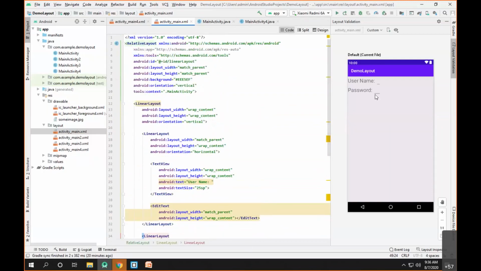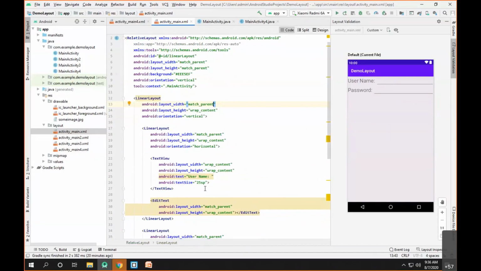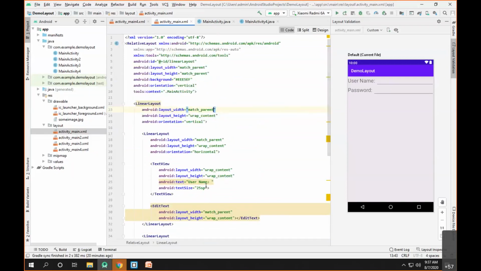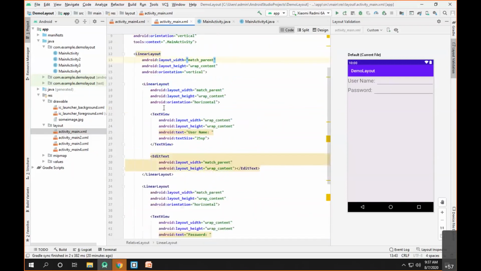Now in order to match these linear layouts, for the parent linear layout we'll set its width to match parent. Now, as you can see, once we add the match parent, the corresponding login screen is created. Now the problem with this particular view is this particular layout creates a very difficult